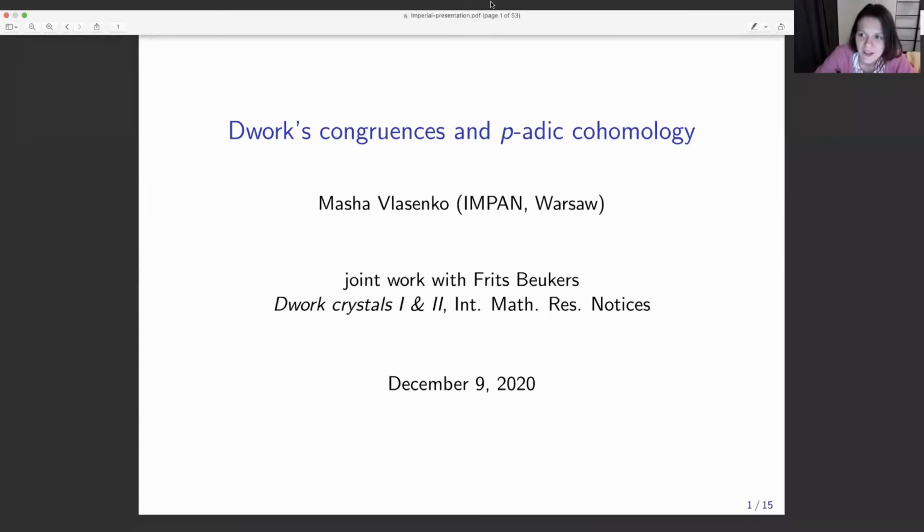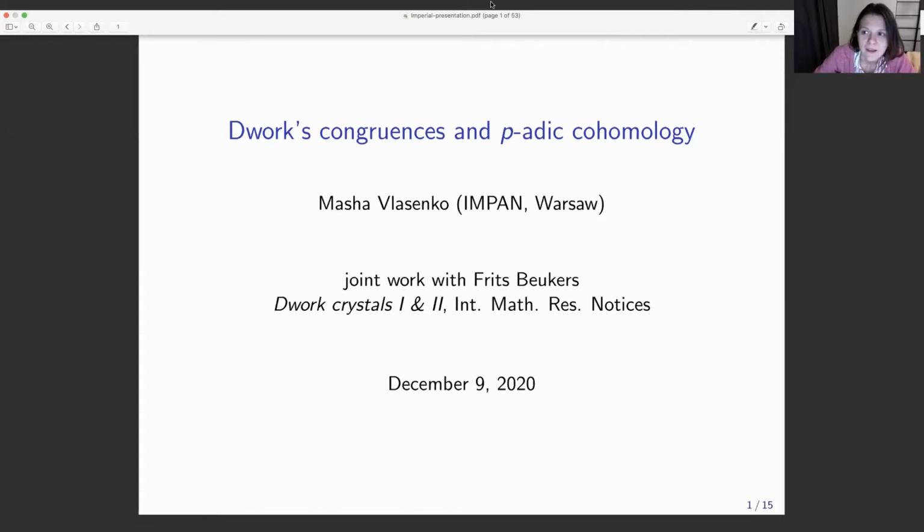Here is the title. Let me first say how this is related to the topics of this conference. So I'm going to speak about some p-adic phenomenon, p-adic property of period functions. Period functions are solutions to differential equations that come from algebraic geometry, so-called Picard-Fuchs or Gauss-Manin differential equations. And so by that reason, what I will speak about is related to arithmetic D-modules and p-adic local systems, I